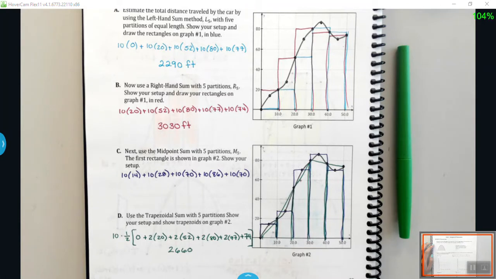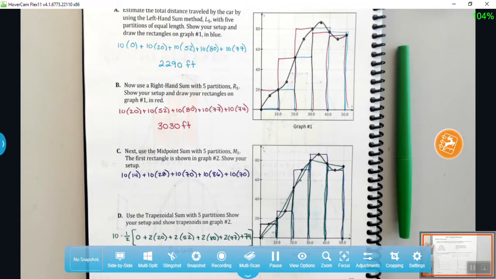Do you guys have any other questions on this page right here? No? All right. Sigma notation